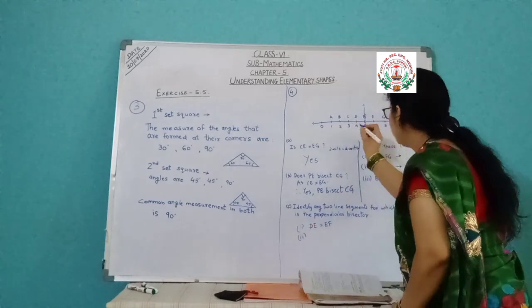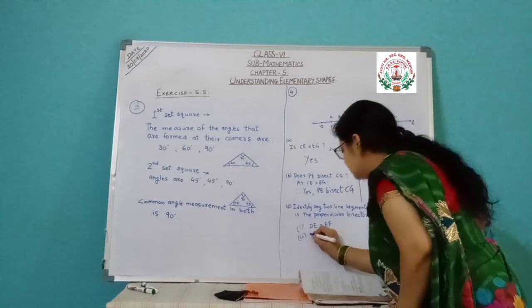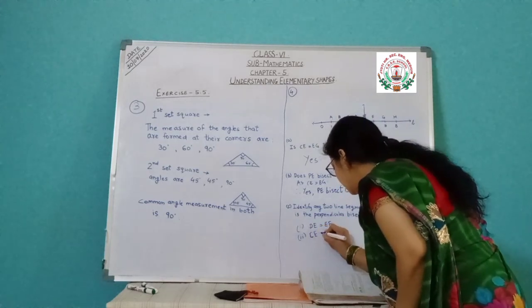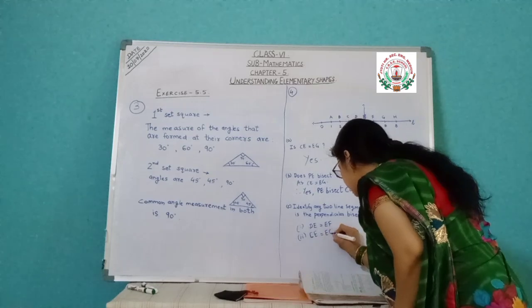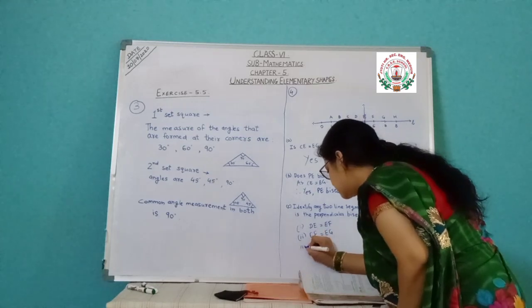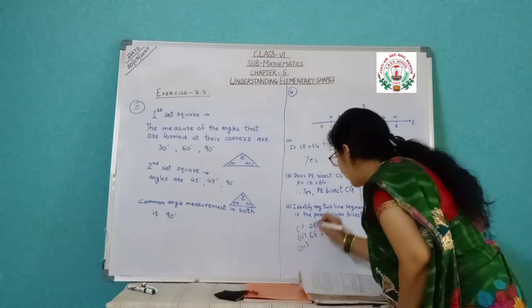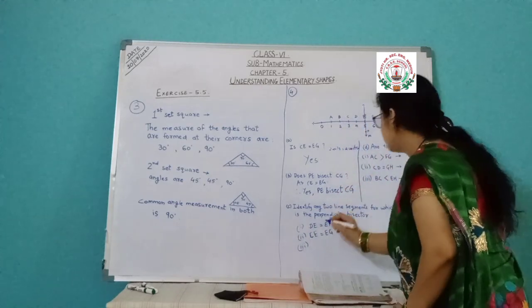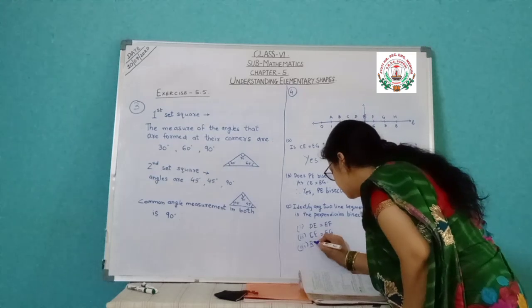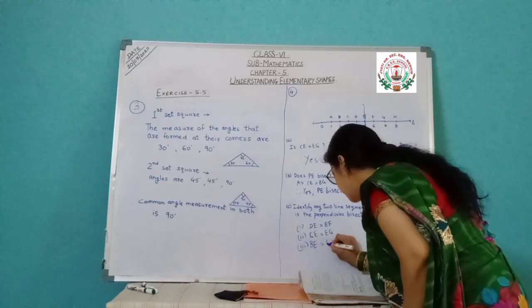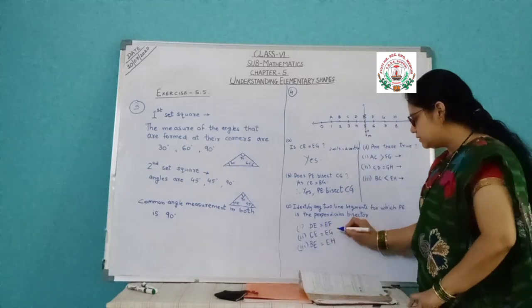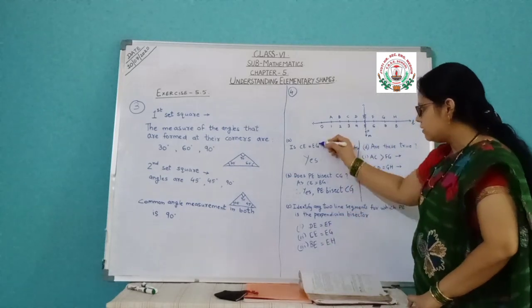And taking 2 units, CE and EG. Taking 2 units. And taking 3 units, BE and EH. BE and EH. 3 I have written here, and since the second part is already given in the question,